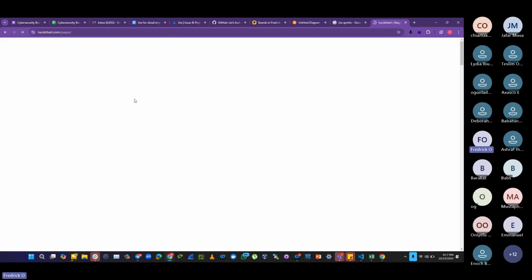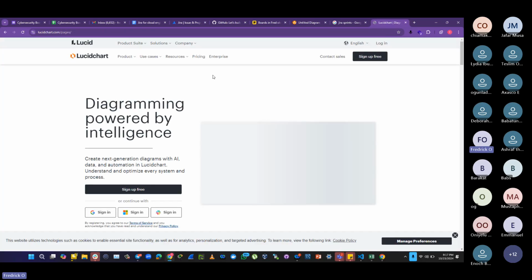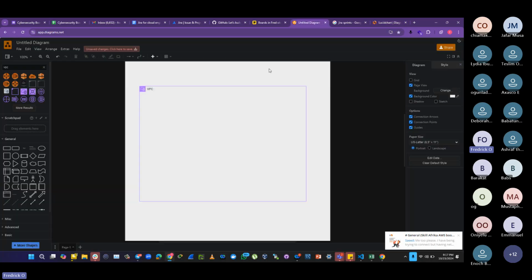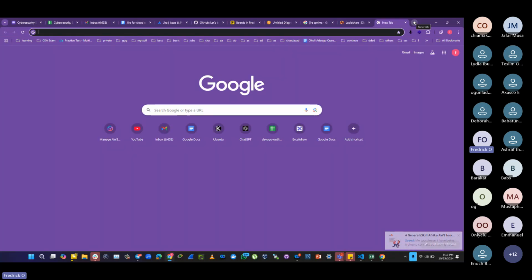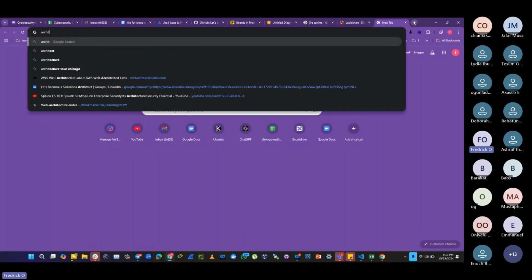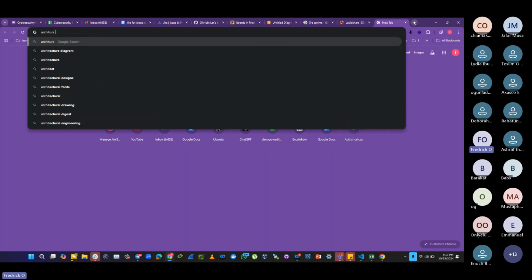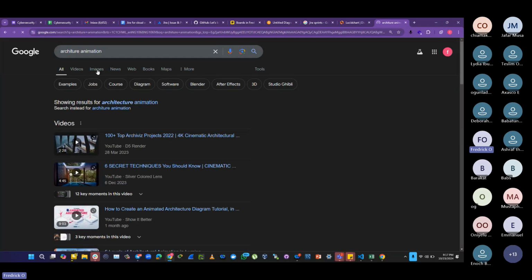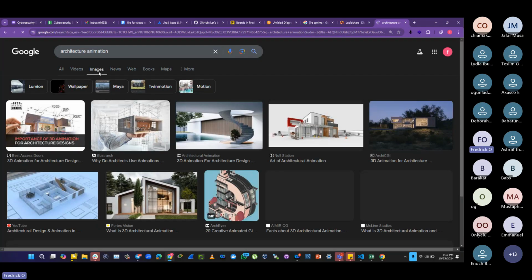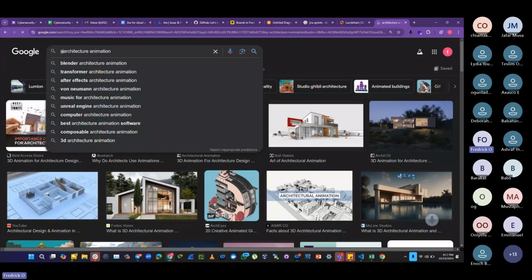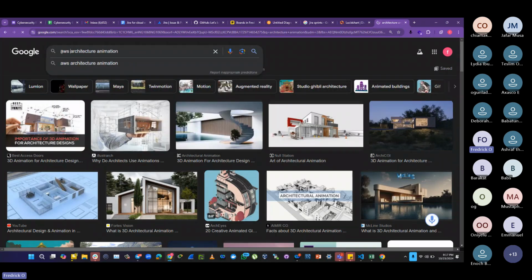Whereby you can be creating animation. You see all those architectural things there, you can be doing animation. So architectural icons with animation. Let me see. AWS architecture animation.